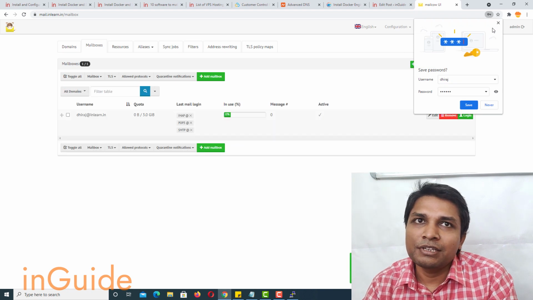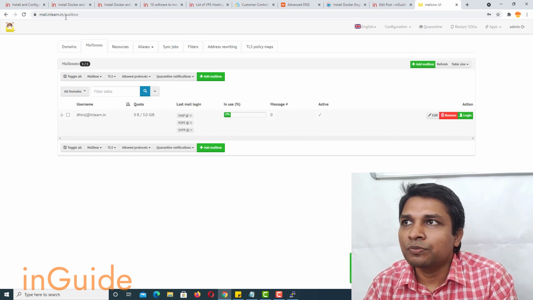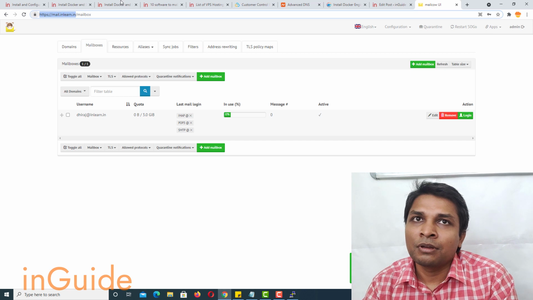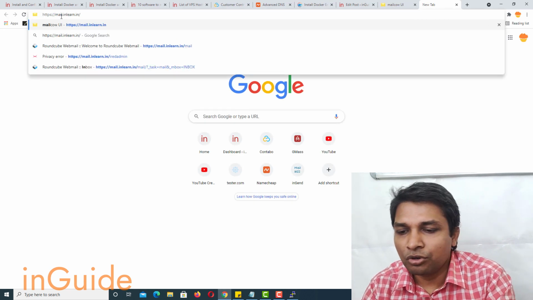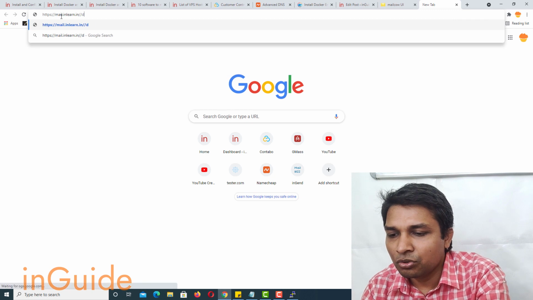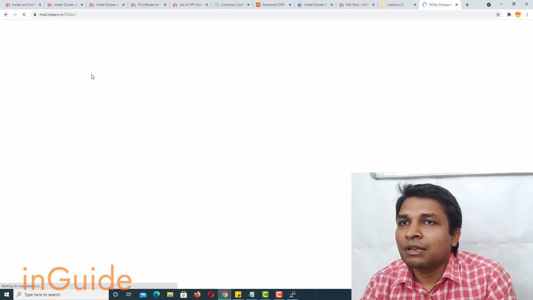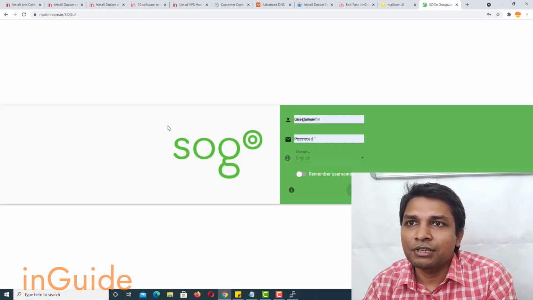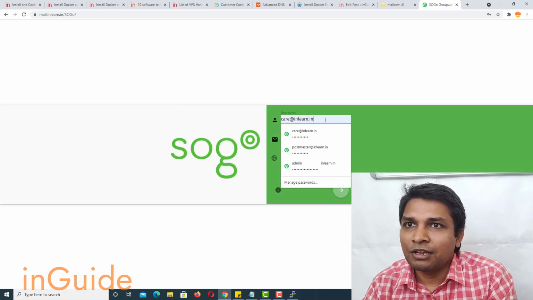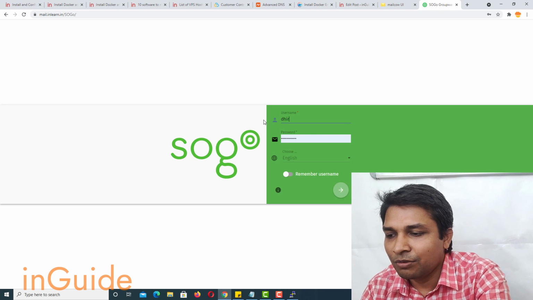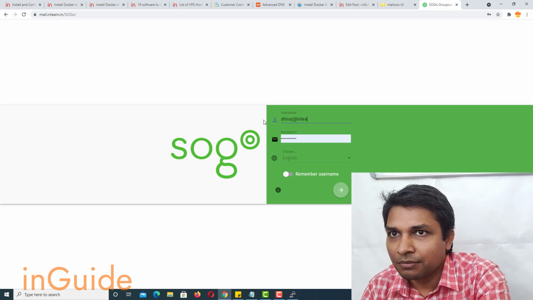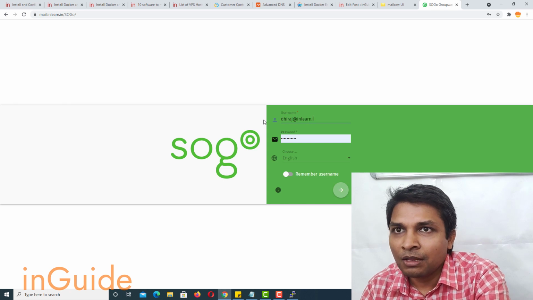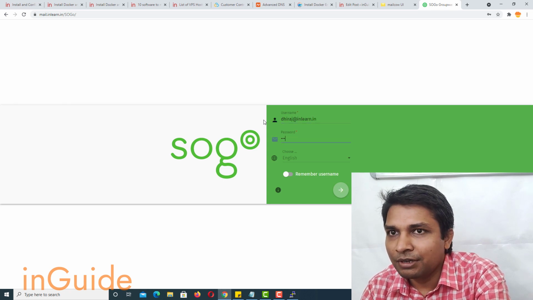Now to access the mailbox you have to go to your host name, which is mail.yourdomain, and then SOGo. So I'll type SOGo, and you will see this nice green screen, and here you have to type your username, and then the password.